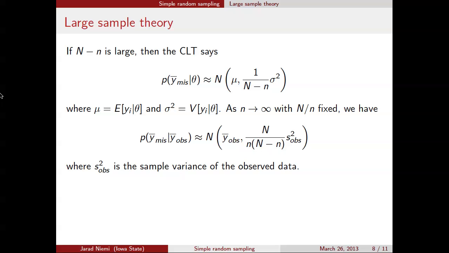And basically the idea here is as your sample gets large, you just plug in your estimators for mu and sigma squared. Right? That's the idea. So your estimator for the population mean as your sample gets large is just y obs. Your estimator for